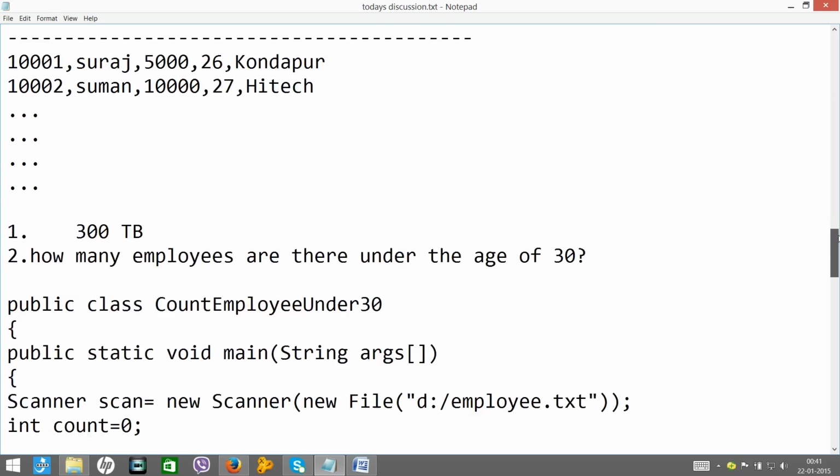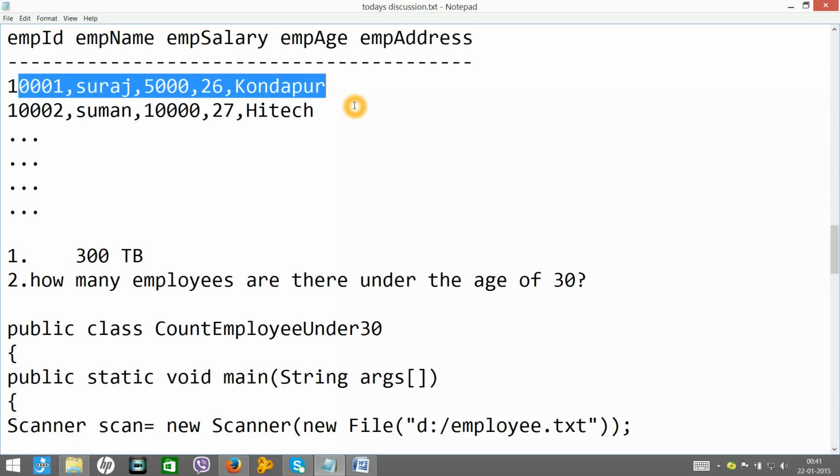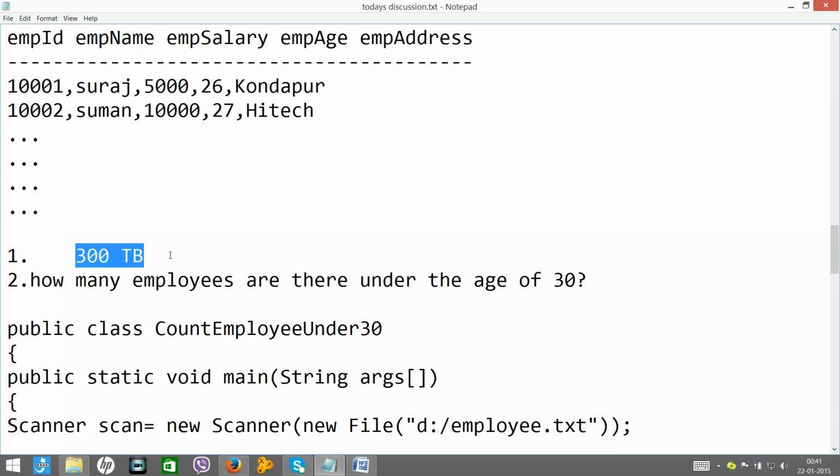Moreover, in real time employee details are not only ID, name, salary and address; you will also get mobile number, company name, experience and so on. So the data will be huge, and if it goes to 300 terabytes, you will not find a single hard disk to store all this data. This is problem number 1.